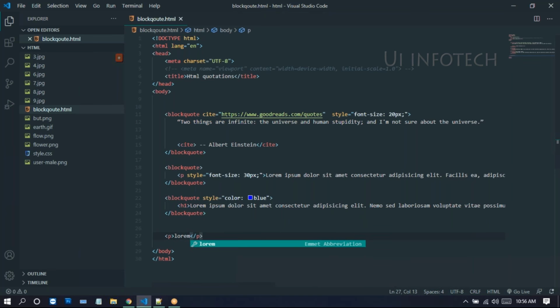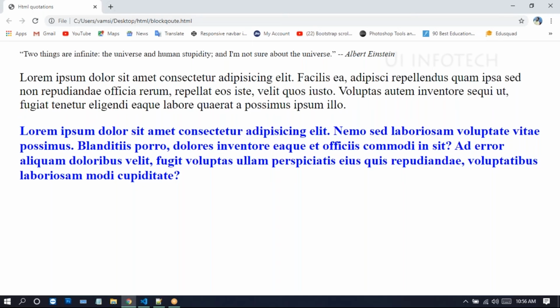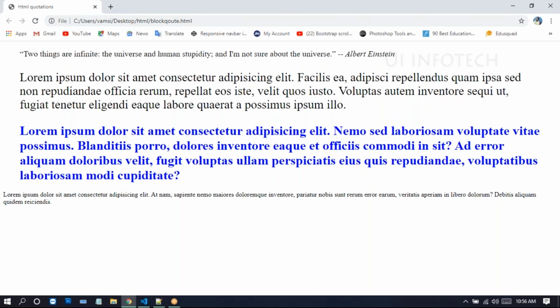For this paragraph, I'm taking lorem 30. So click on enter. Now we can run this one. If you run this on the browser, there you get the paragraph here. For this paragraph, we need to apply quotations. So for applying the quotations,